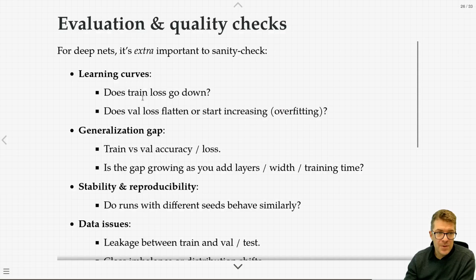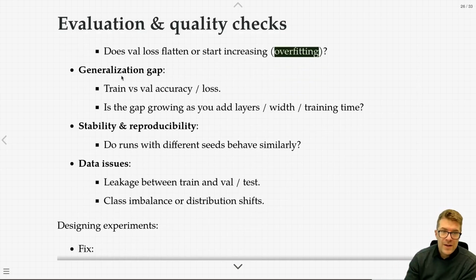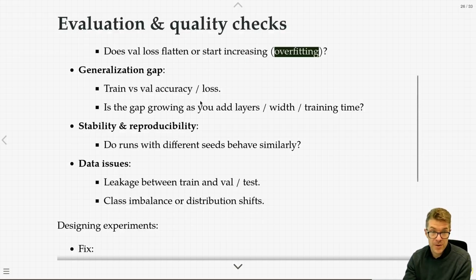In our examples, does training loss go down? Does validation loss flatten? Does it ever start increasing, like we saw in classical machine learning? The difference between validation accuracy and loss, which we implied was something to consider in previous modules. You'll look at that, do some experiments, and try to see if you can make these gaps shrink or expand. And think always why you're doing this. Why do you want the gap between training and validation accuracy or loss, why would you want it to be as small as possible and be stably small?